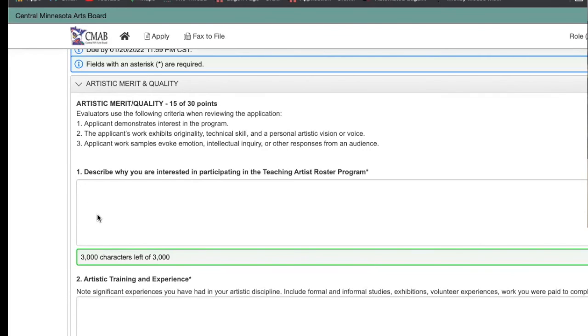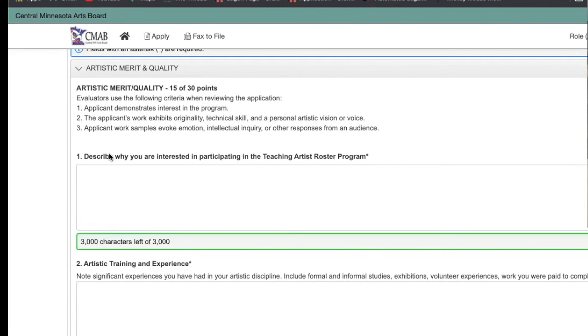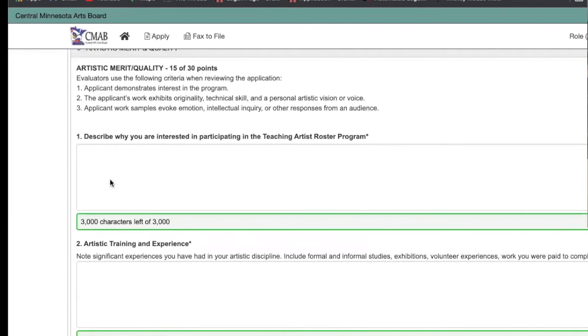So we'll walk through the questions in the application. The first question we have is why you're interested in participating. Full transparency, a big reason we ask this question is to help us in our planning of the program, to make sure that we're delivering content that's useful and relevant to you. And also we want to make sure we're getting folks who are a good fit for the program.